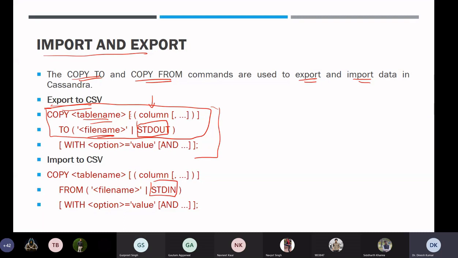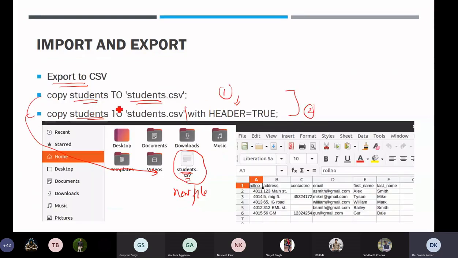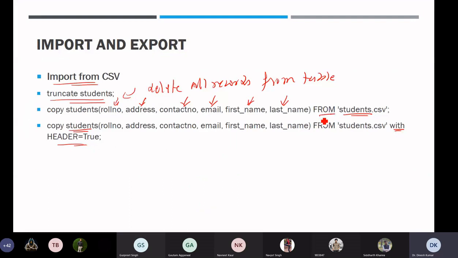In case of import, with this command, whatever records you enter, it will store those records into the database. So these are other formats of using this, but mostly we will use the file name syntax, where we have a huge amount of records stored in a CSV file and we want to put those records into Cassandra. Or you want to copy all the records in a particular table, like student, into a CSV file so that you can do some analysis on that. Then you can use this particular command, either TO or FROM. So this is import and export in Cassandra.